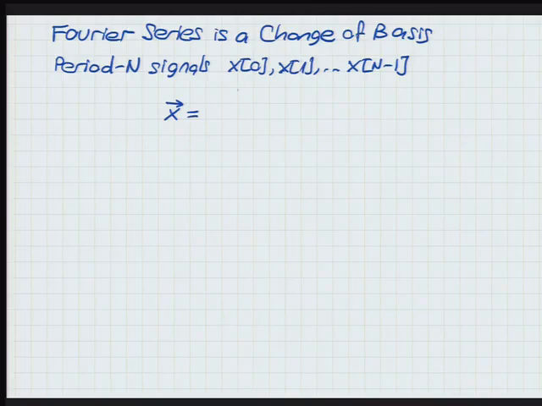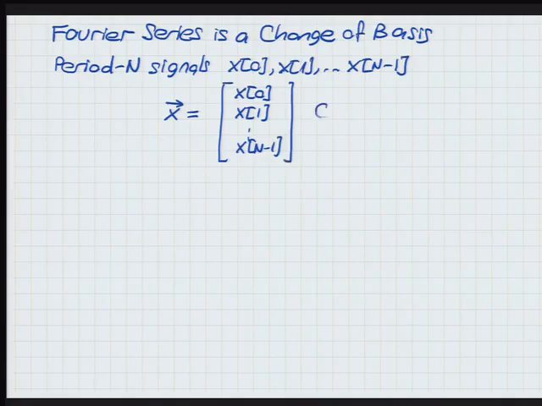So the first entry I'm going to put x0, the second entry I'm going to put x1, and the last one is xn minus 1. So what's the dimension of this vector? N. If x is real valued, it's in R^n, but we'll keep things general. Real is a special case of complex, so complex numbers, C to the n, complex space, right?